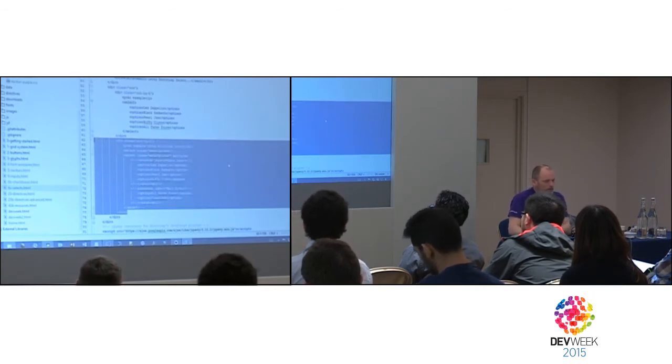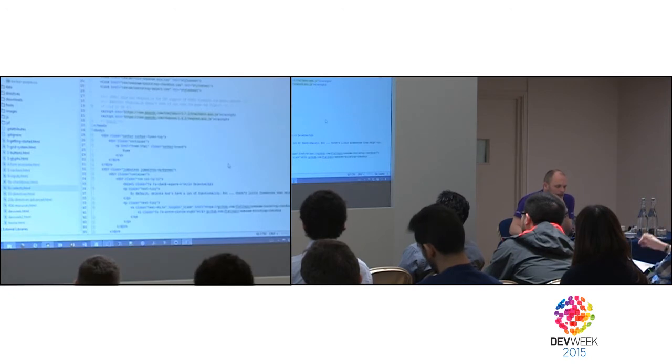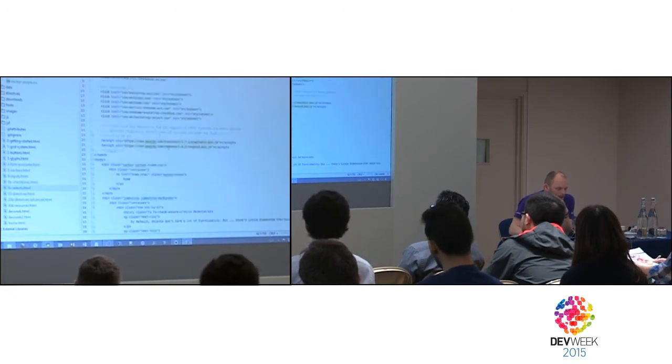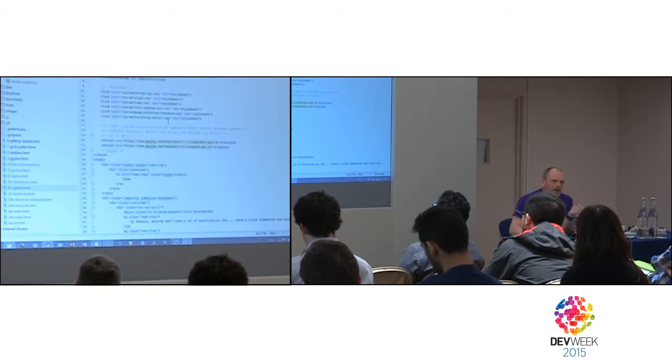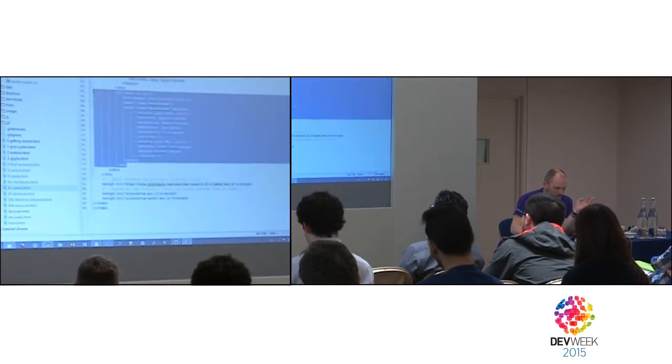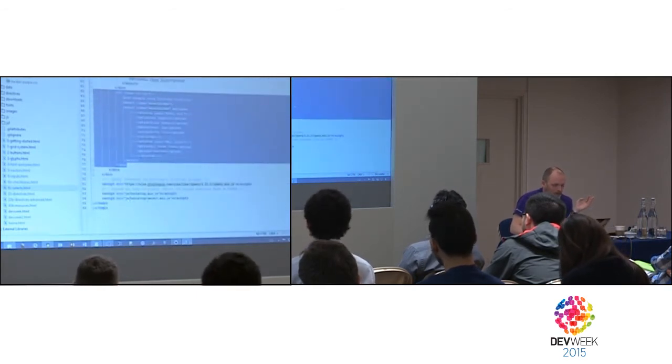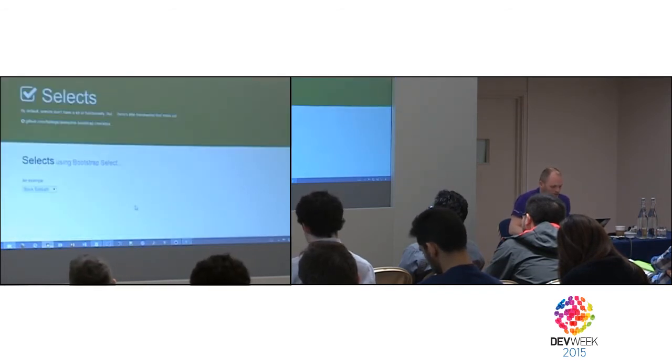Right. And this particular library is called Bootstrap Select. It's not part of Bootstrap, but it has a clever name, right? Bootstrap Select sounds like it's part of Bootstrap, which it isn't. So you have to pull in the CSS. In this particular case, it has a JavaScript file, which is called the Bootstrap Select minimum JS. So if I pull in this particular code, and I'm refreshing the page,